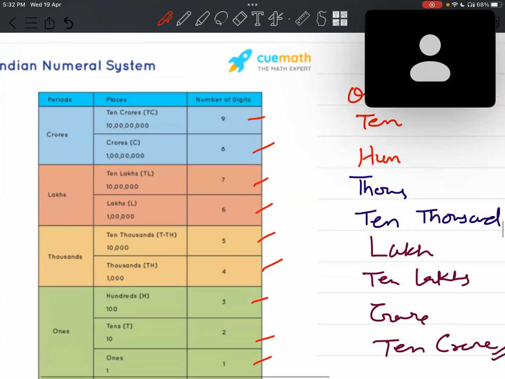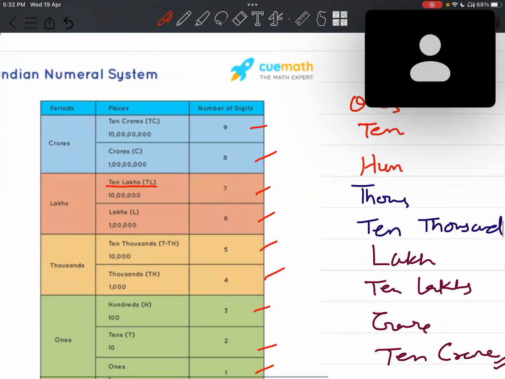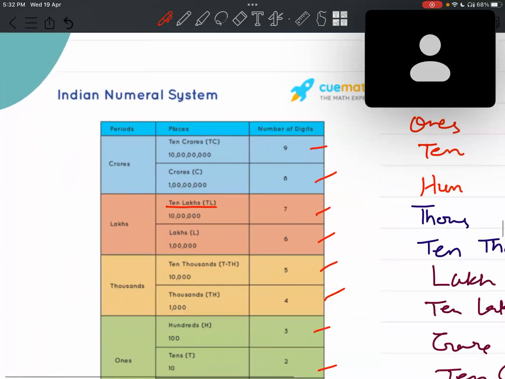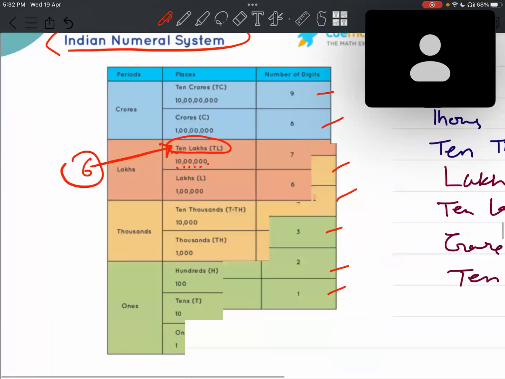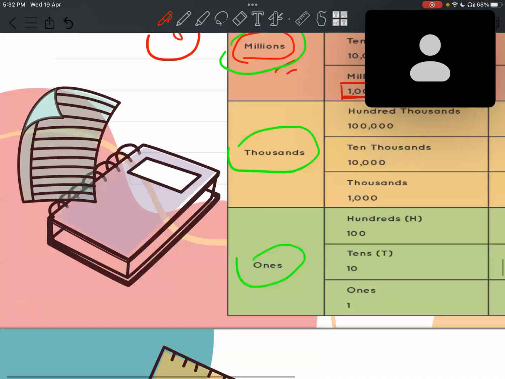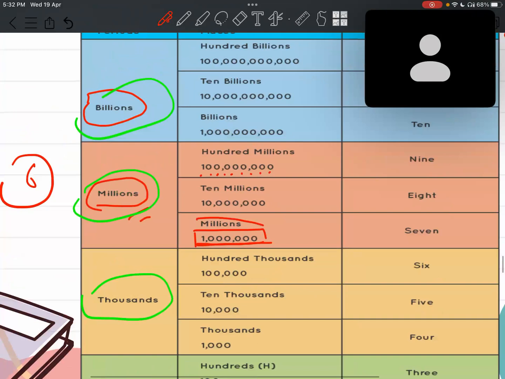Now let's take a look at this one here, 10 lakhs. This is as per the Indian numeral system. Okay, how many zeros are here? Sir, one, two, three, 6. 6 zeros here also. Okay, this 10 lakh and this 1 million, both of them are